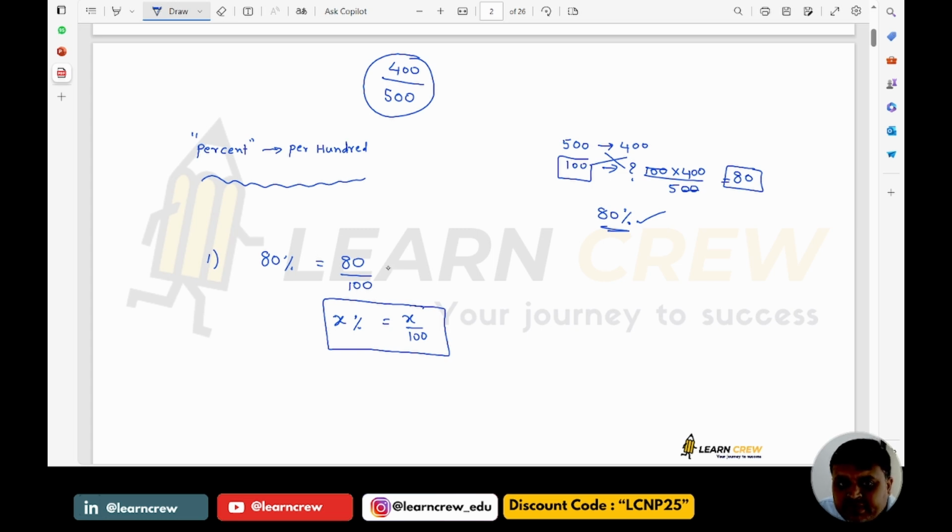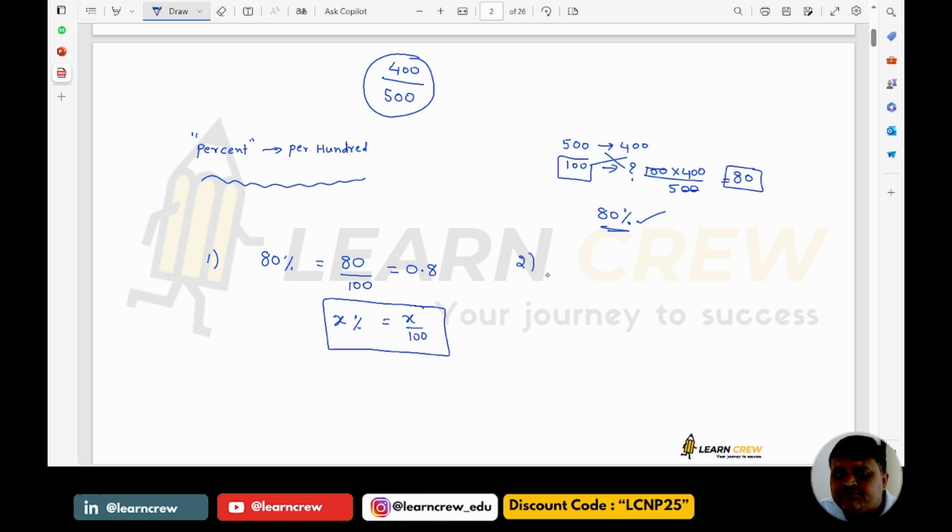Conversion of percentage to fraction. And this 80 by 100 I can also write as 0.8. So this is percentage form, this is fraction form, this is decimal form. So to convert a percentage into fraction or decimal form, we are dividing it by 100 and removing the percentage symbol. Now